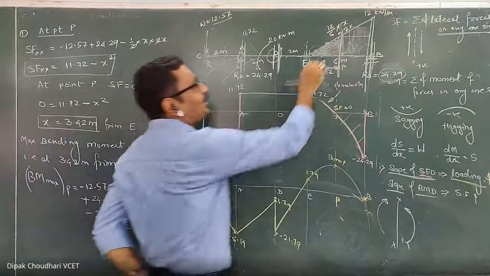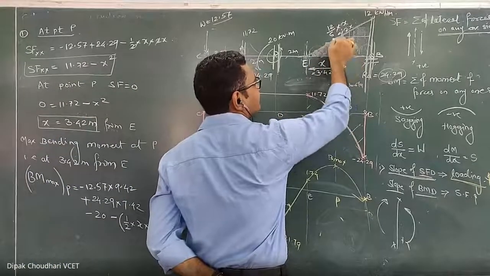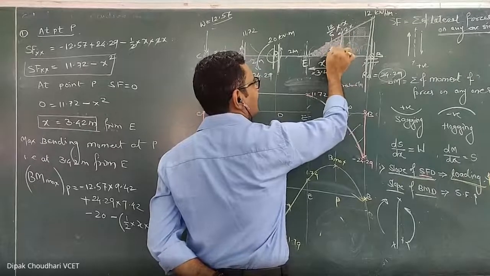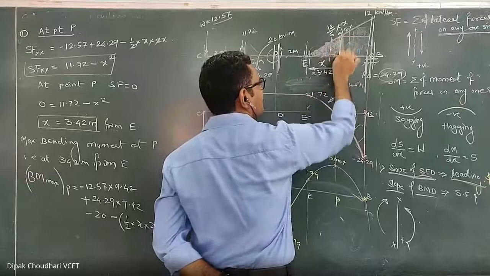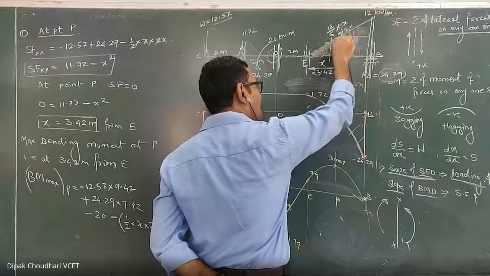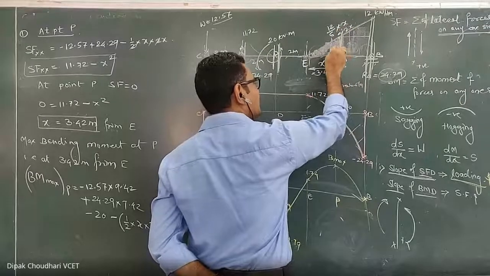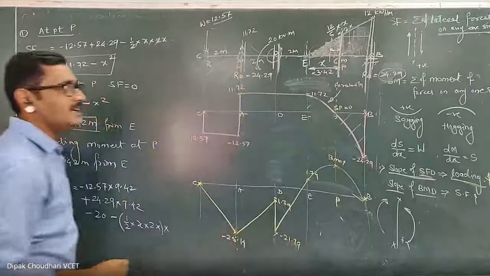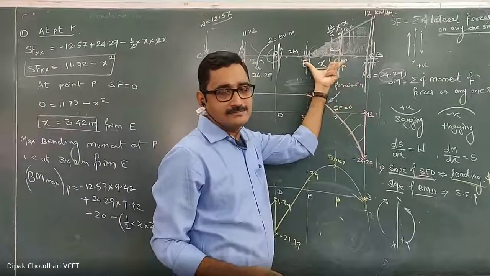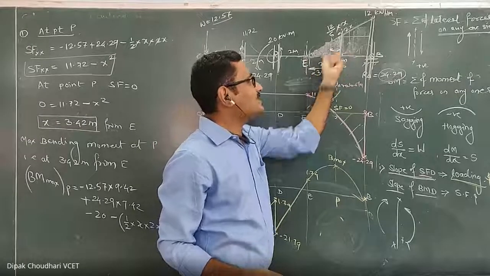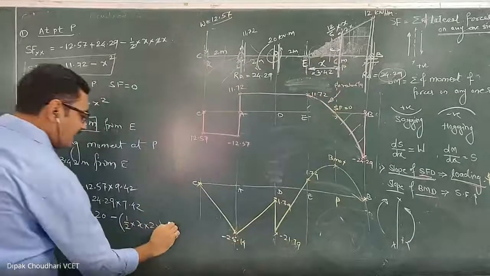And this equivalent point load acts at the centroid of this triangle. So what will be the distance of this centroid of a triangle where that equivalent point load will act for this triangular load? Only this much triangular load you have to consider, and we are taking the moment at point P. So how much is this distance? It will be b by 3. How much is the b? B is not 6. B is 3 only, sorry, x only. So how much is this distance to take the moment? It is x upon 3.